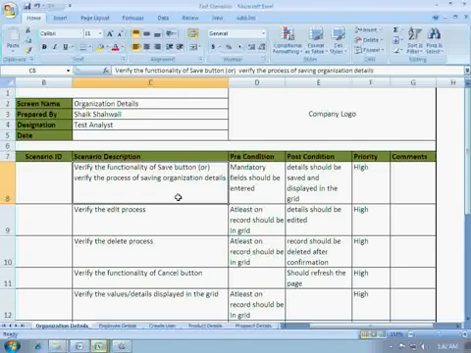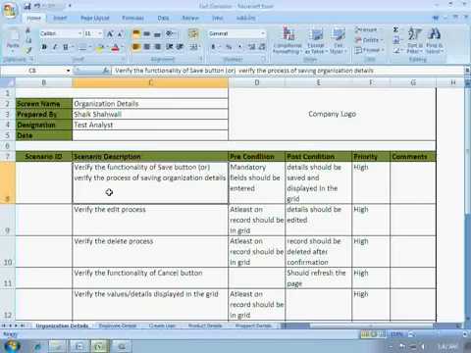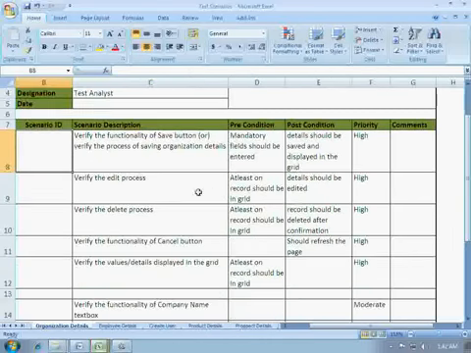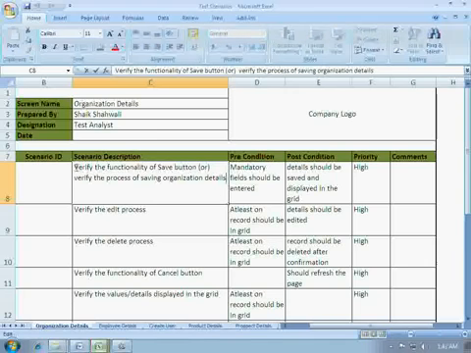So I have written the scenarios as well, but I'll explain you all the scenarios in detail. So watch the video and listen to what I'm saying carefully. The first one was verify the functionality of save button, or